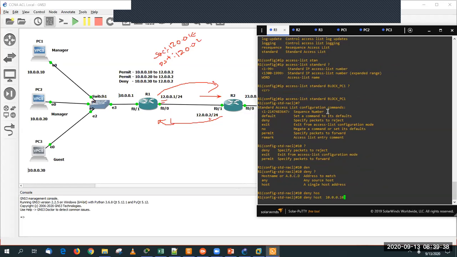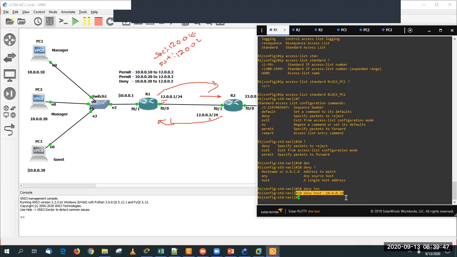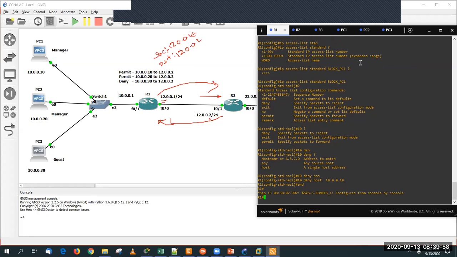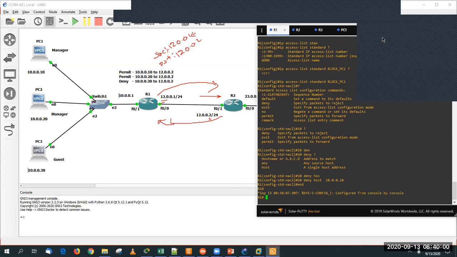So I used a standard ACL, so that's why I just use only the source IP, not the destination IP. If I'm going to use extended as a keyword, in that case, I can use my source IP as well as destination IP. Okay, that's all about ACL, guys. So if you guys have any